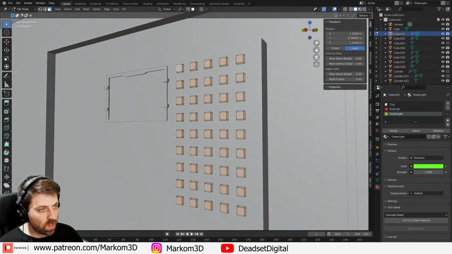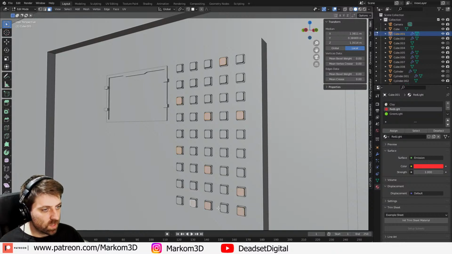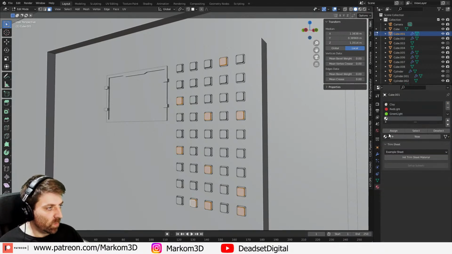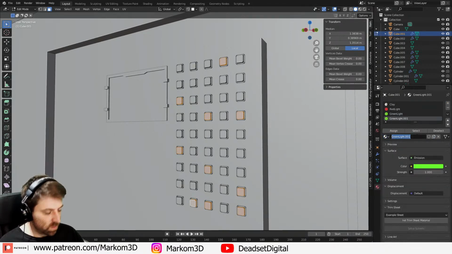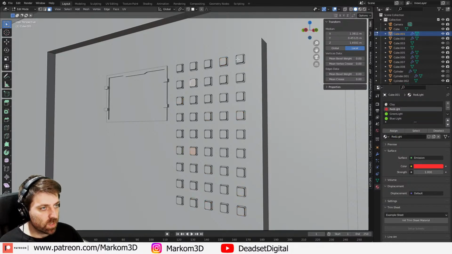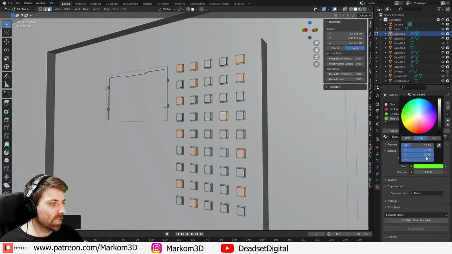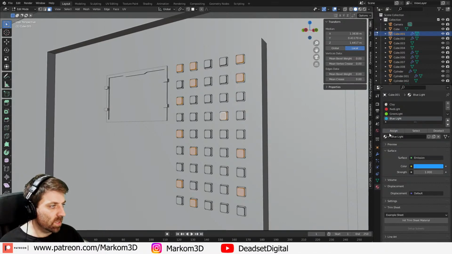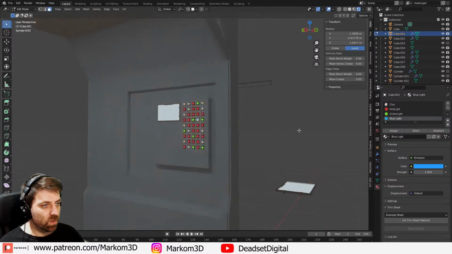From here, let's go tab into edit mode, and I'm going to select a few. Let's go Control numpad plus, assign. While we're at it, let's just make a blue one. Duplicate, blue light, and I'm just going to pick some other ones at random. And we're just setting that front face, and then when I go Control numpad plus, change this to blue sunshine. There we go. Assign. Now if we go into rendered view,